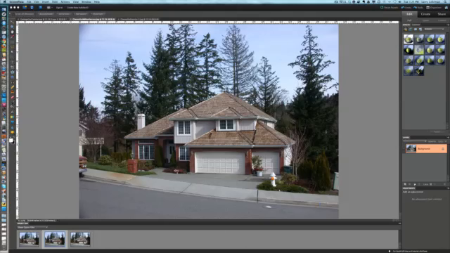I want to show you a technique that you may not have seen for removing distracting objects. Frequently, people just use cloning, the cloning tool, to remove distracting objects. By distracting objects, this is an example of a home I shot many years ago, and